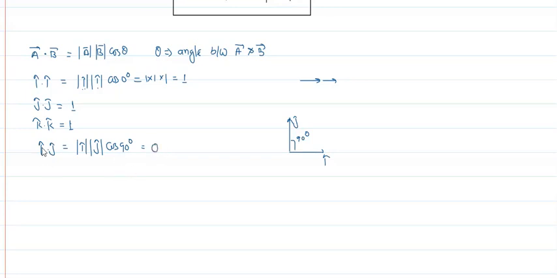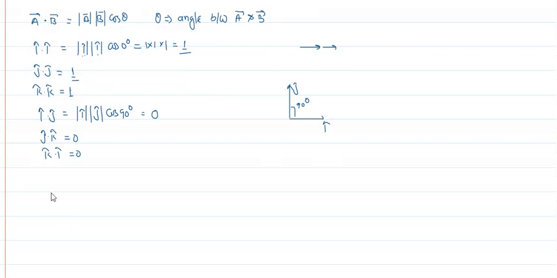Sir, the resultant of i dot j is not a resultant, it is 0. If you do the product i dot j, you get 0. In the same manner, if you do j dot k, you get 0. k dot i is 0. So if both are the same, you get 1. If both are different, you get 0.